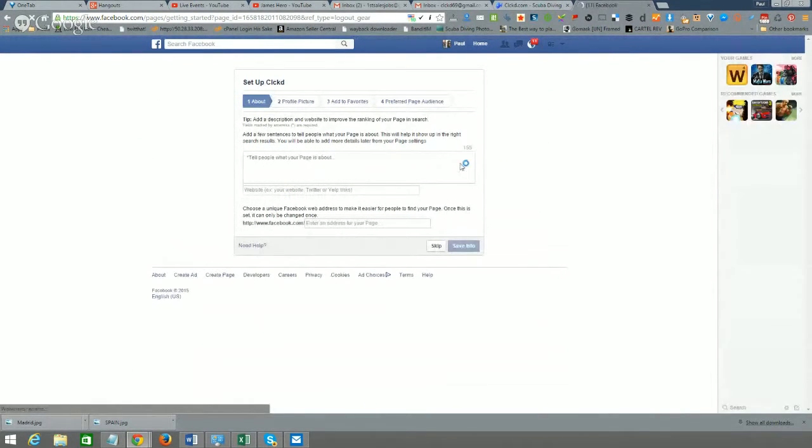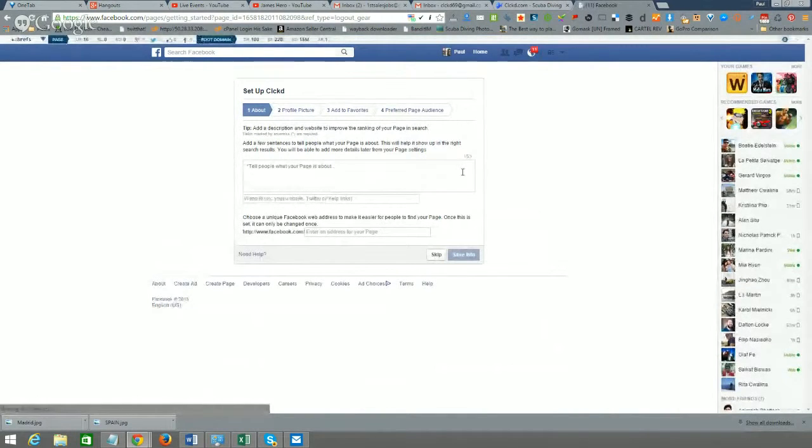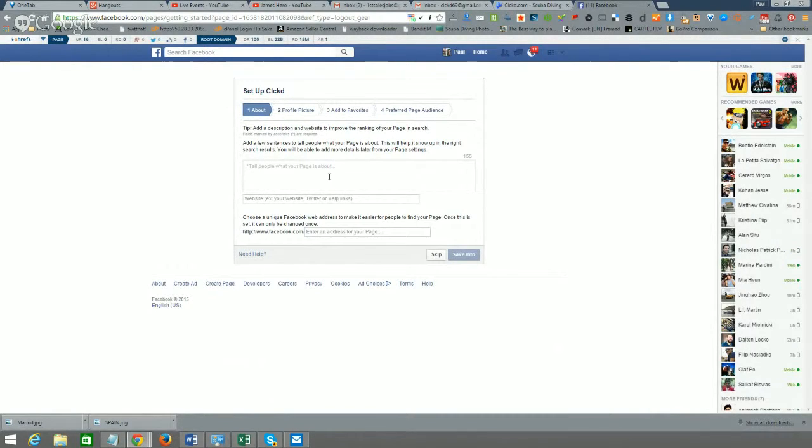Alright, now this is all really important here. You see you only have 155 characters, and this really is what's going to be important. So you want to have 155 characters about your page, and you really want this handwritten. So if you don't know what to put here, you can have someone on Fiverr do it for you, but you want native English, and you're also going to do this for Twitter as well. So you're going to have a couple little short blurbs, a few sentences like it says. So I'm going to say,